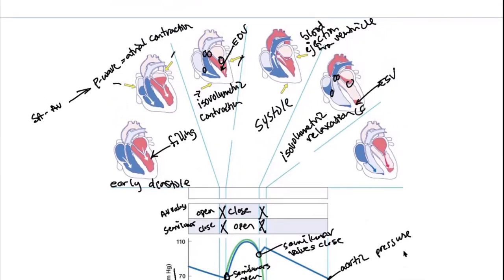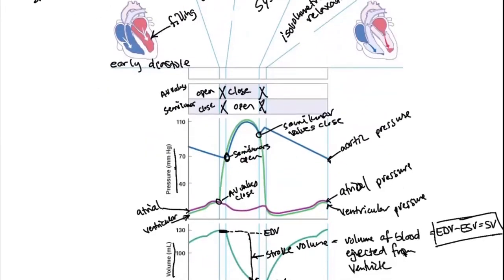So that's isovolumetric relaxation. There's a continuum of drop here in the ventricular pressure,